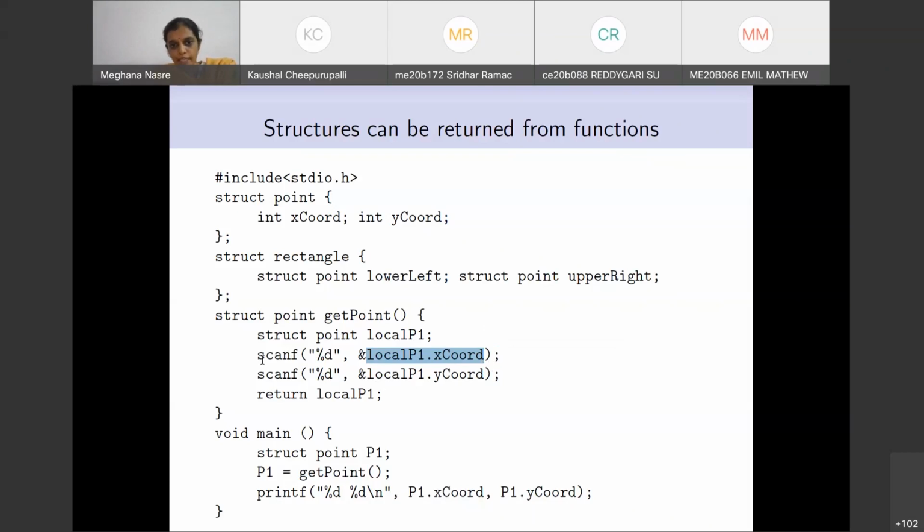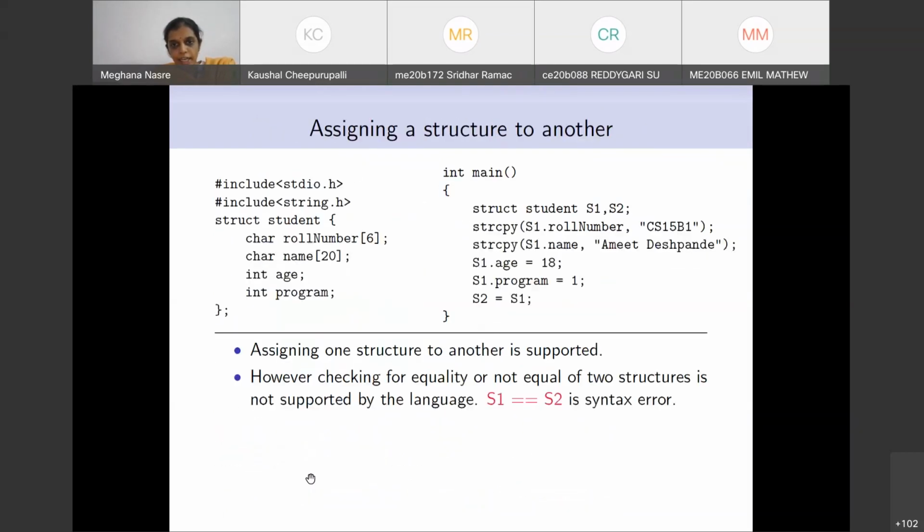So these two I'm scanning from the user, and finally I'm returning local P1 to the caller, whoever is calling it. And remember that we can assign structures to each other. That is, in a previous slide we have said that S1 equal to S2, assigning one structure to another, is supported.